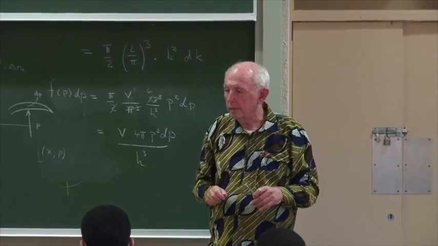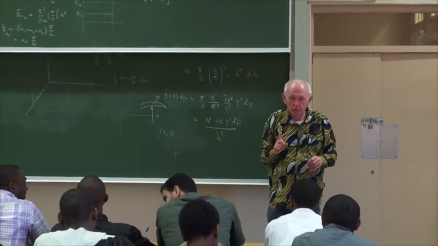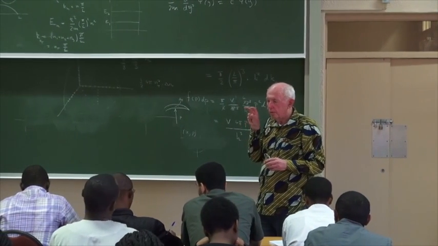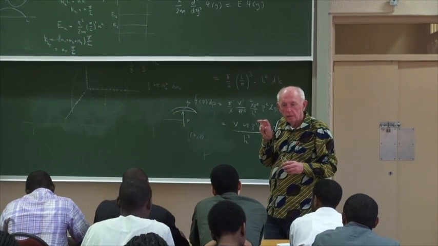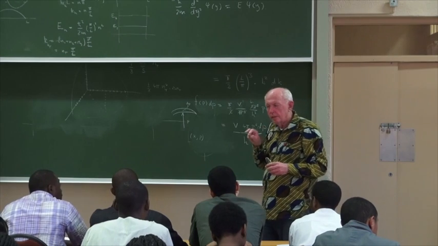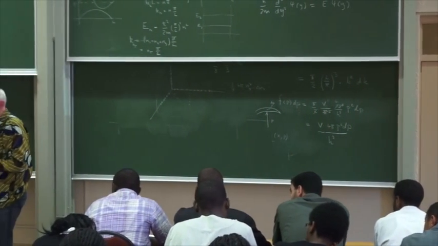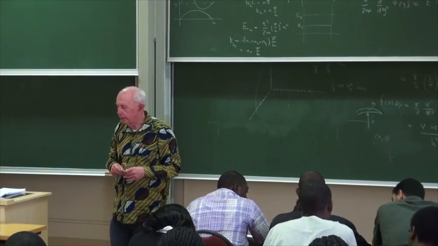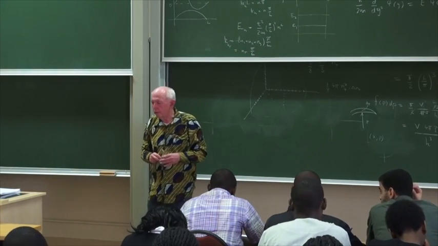You're also quiet. I want to know whether you've understood what we've done. We've tried to count the number of states. And why is this important? This is important for anything you do in statistical mechanics, and it is very important for doing the black body radiation. And the reason, and I'll come to that very quickly now,